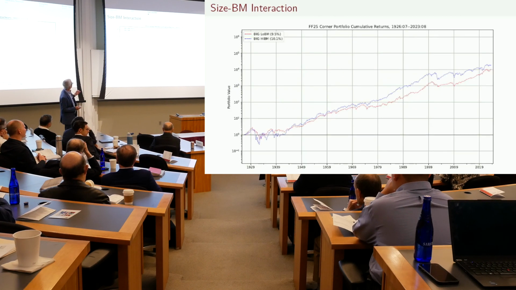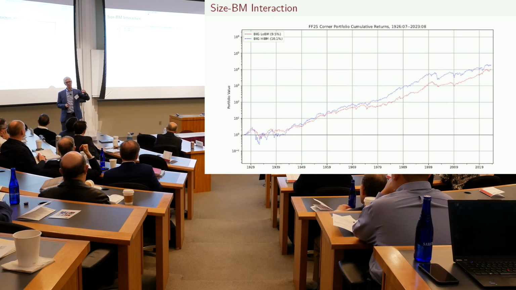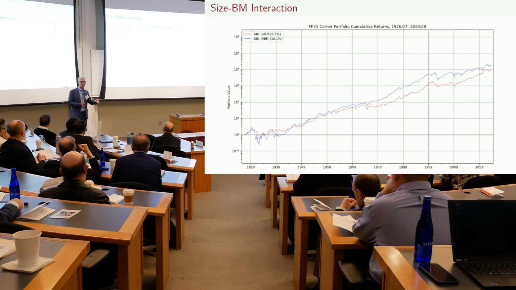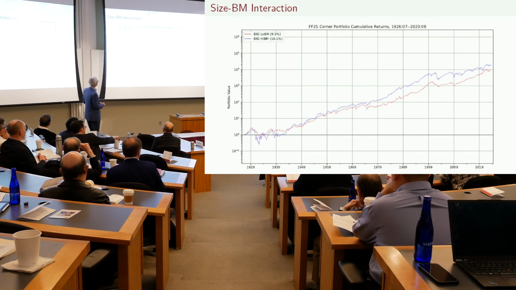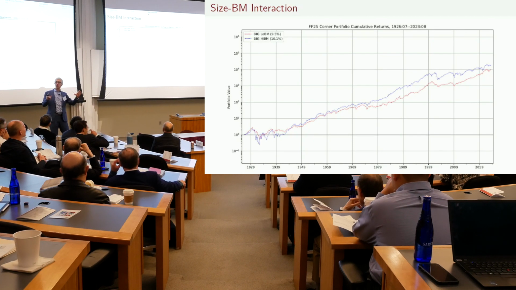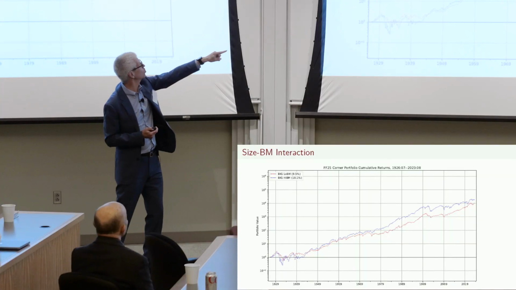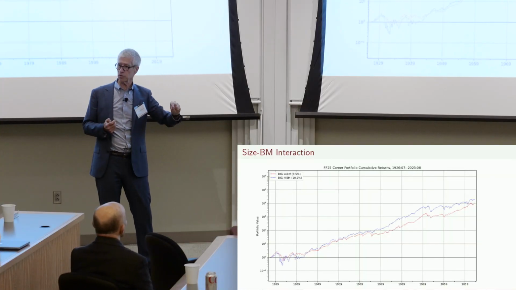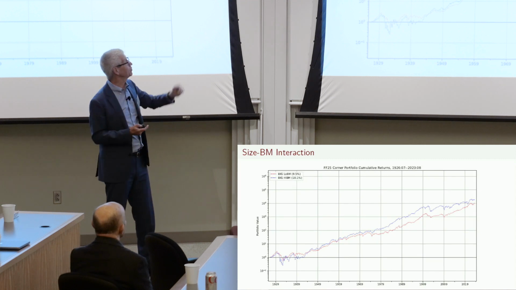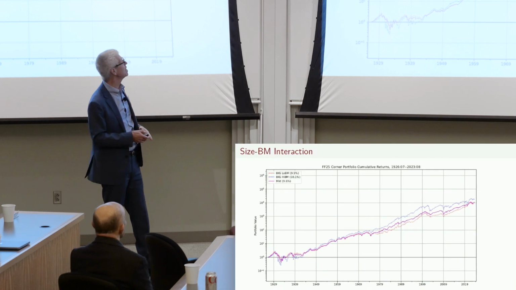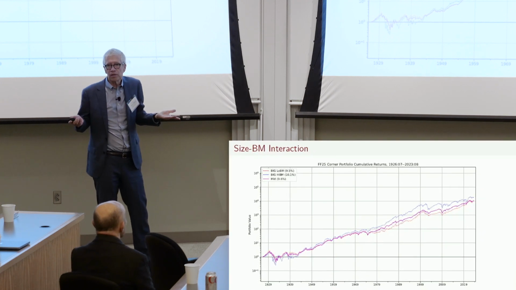Okay? So this is a plot. I'm going to do a lot of plots here. I'm not going to pay a lot of attention to statistical significance, but it turns out these things are statistically significant if you look. These are plots of value and growth portfolios. Only here I'm using Gene and Ken's 25 portfolios that are size and book to market sorted, okay? And this shows for the large cap portfolios, the returns to value and growth. And what you see is there's not much here, okay? In fact, this magenta line that I've imposed here is the market. You can see they both basically look like the market.